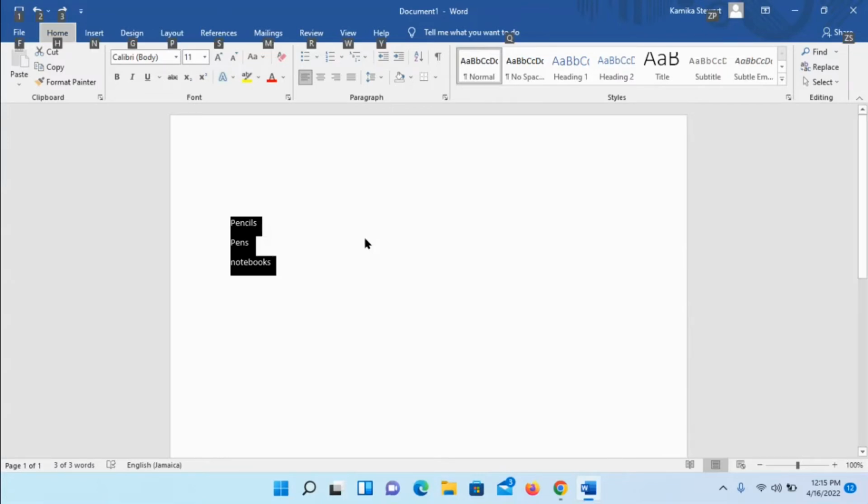Ribbon tabs, tab control expanded. Home tab selected. Alright, it's already on home, so I'm just going to tab through until I hear bullets. Now it's going to be a long way, so let us just keep going. Let's keep tabbing until we hear it. Home group, cut button, copy, font, clear, bold, italic, underline, strikethrough, subscript, superscript, text, font, paragraph,